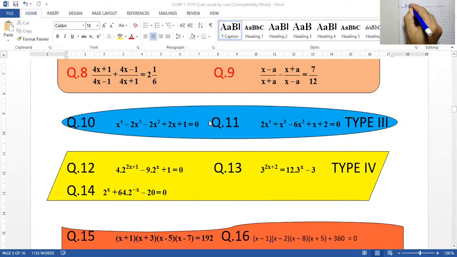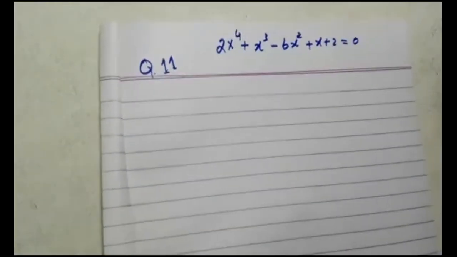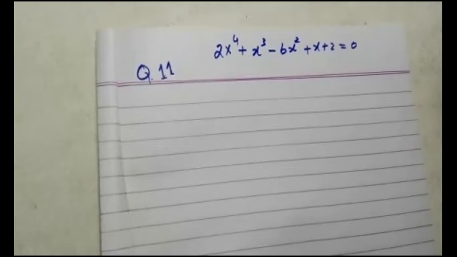It has a different method to work it out, and it's very, very important. I'm telling you that these questions we are working with normally appear in the board exams. These are the lengthy questions, not the short questions. So let's see how to solve it. I have written the question on the page, and the procedure is that the first task is that you have to divide this whole equation by x square.